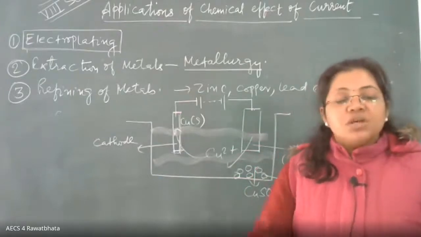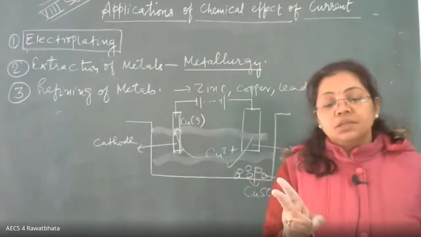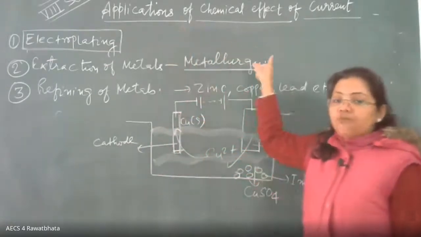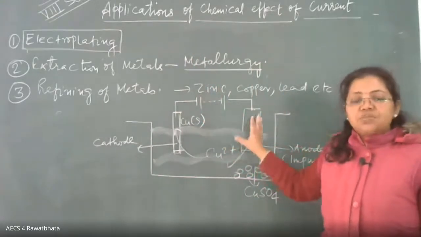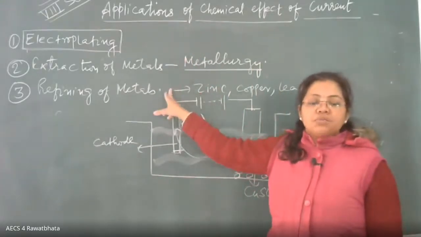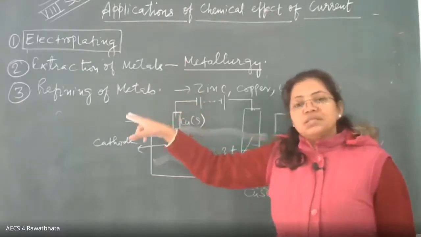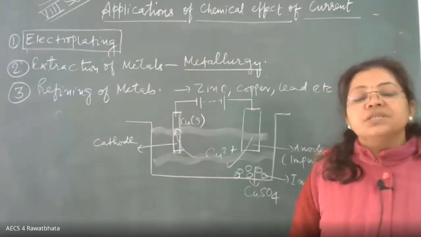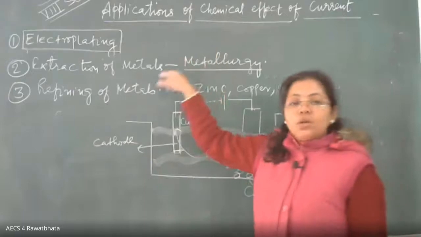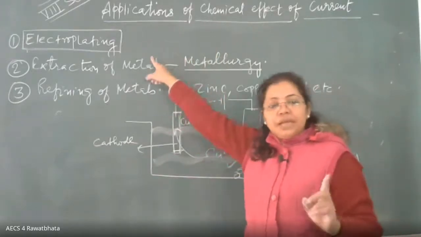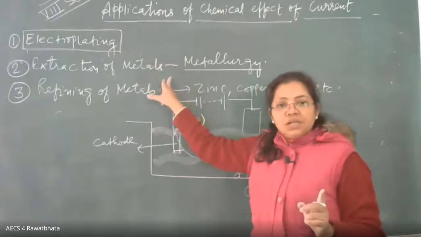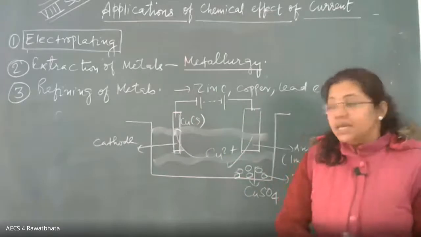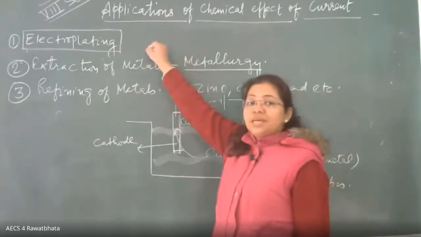So if an exam question is asked for 2 to 3 marks, what are the important applications of chemical effect of current, no need to explain in detail, especially these 2 points, because these 2 are extra things I told you. It is not in your NCERT, but you should know, being in 8th standard, as per today's competitive world. So you have to write, if it is a 3 marks question, electroplating will be 1 point, extraction of metals and refining of metals. These 3 points you can remember. And again I am reminding, electroplating is very, very important.